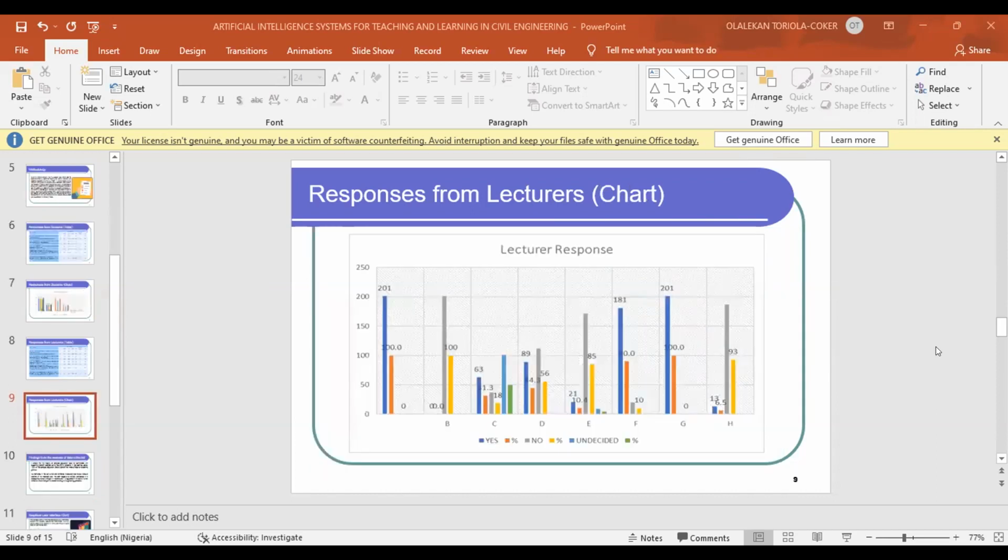The response chart from the lecturers is as shown below, where you can see that all 201 are on yes for the lecturers, and the percentage is 100%. For B as well, it is 100%. You cannot expect the lecturer and student responses to be the same, because it is the lecturers that are teaching the students. They found it so difficult during COVID, but they were able to survive with the use of